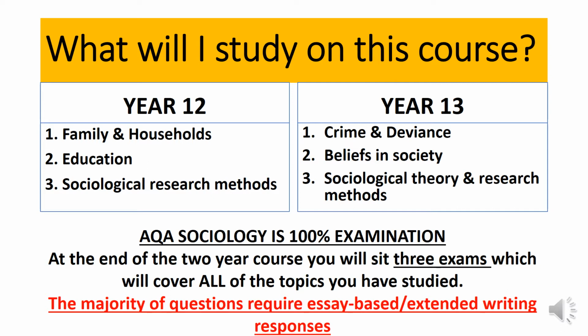In year 13, we move on to studying crime and deviance. If you study criminology, this unit will tie in nicely. So we look at strategies to prevent crime, as well as lots of reasons in society for how society could potentially create criminals. We then move on to looking at globalisation and consider the rise in organised crime, cyber crimes and environmental crimes. We then consider crime statistics to examine who appears to be more criminal than others. So we consider your social class, your gender, and your ethnicity.